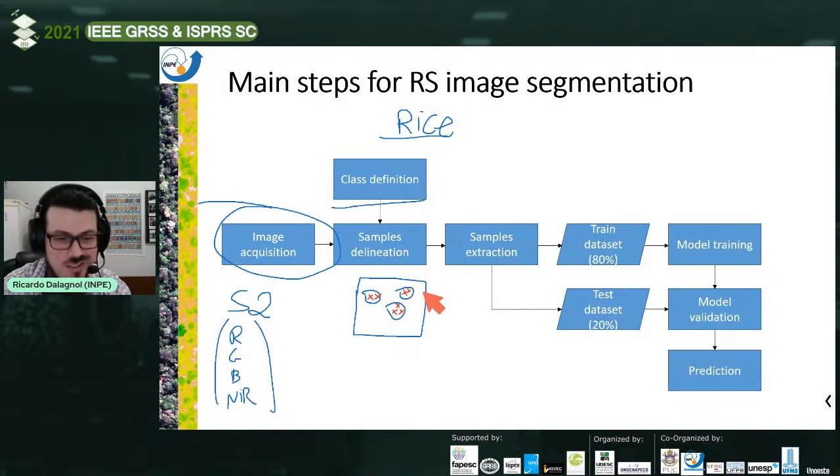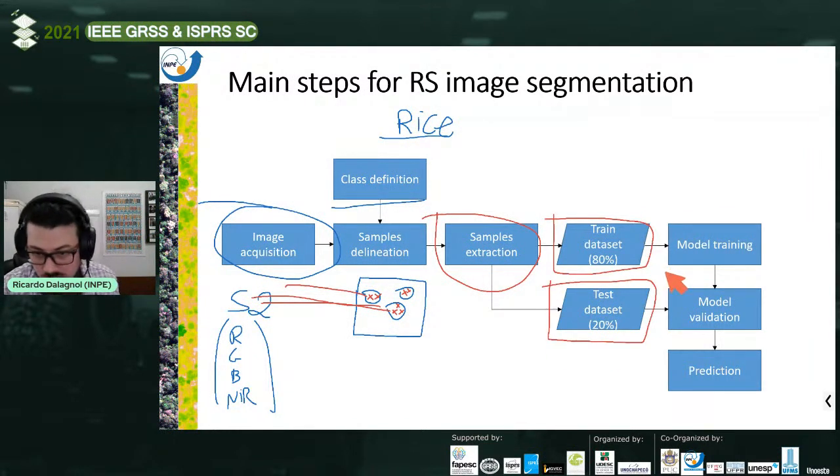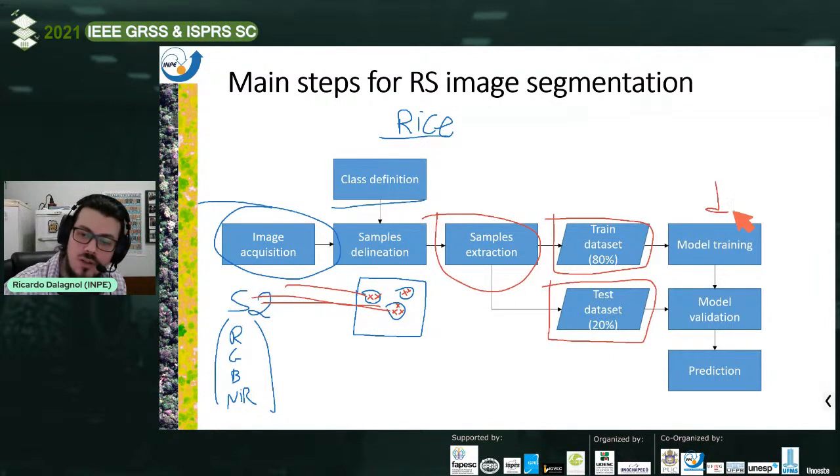So I have this thing here. Okay, then I extract the data from the image for each of the pixels. I do some type of cross validation, but let's say it's a very simple one. I split the data between train and test. I train a model. We can say like a random forest model that will try to use the inputs like